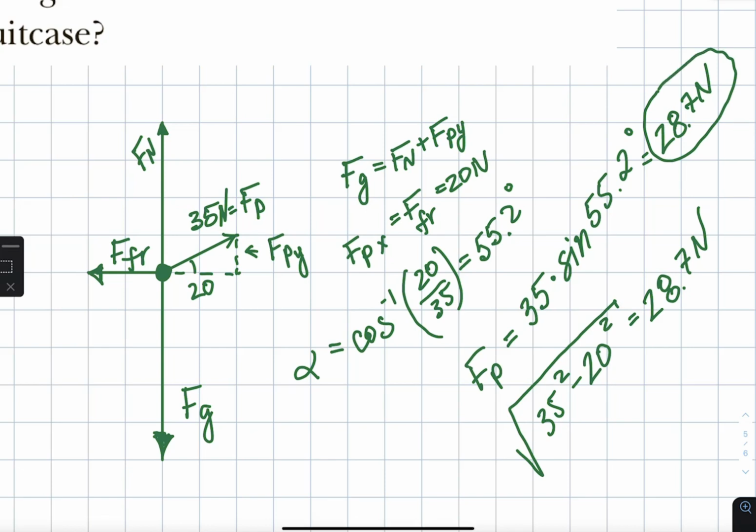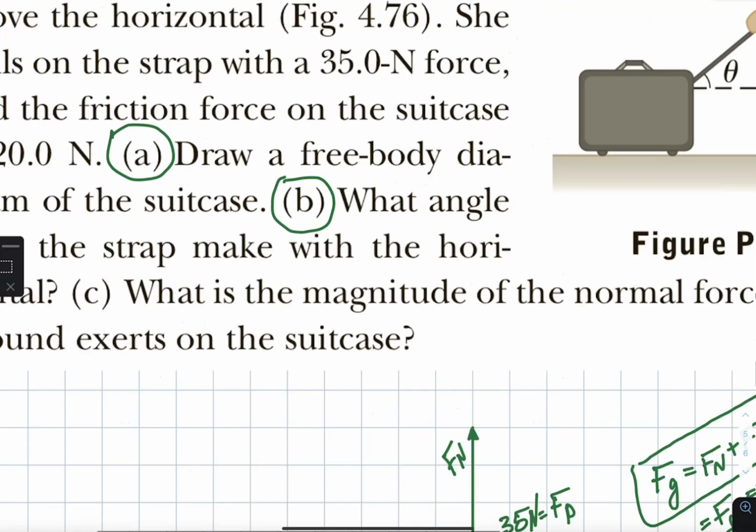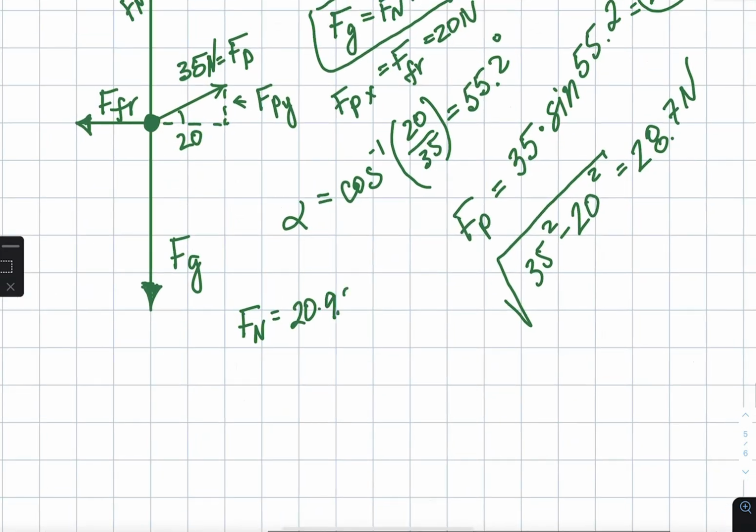And so then to find the normal force, I'm going to reach for this equation. Forces balance each other out. So then your force normal is going to be 20, which is mass of the suitcase, times 9.81, and then subtracted 28.7. So this right here is force of gravity. This right here is force of pull Y. So if you do 20 times 9.81 minus 28.7, you end up with